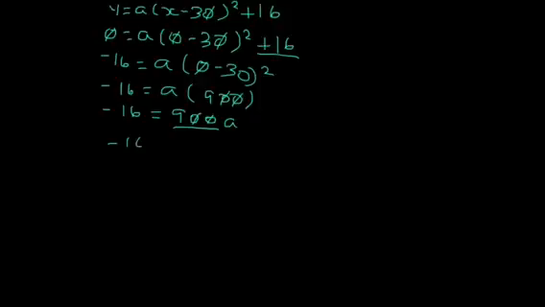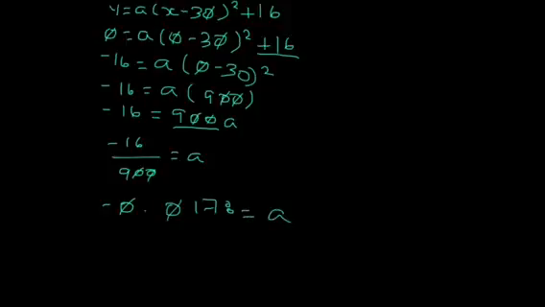So minus 16 over 900 equals a. I'm not somebody that likes to deal with a lot of fractions, so what I did was I just left it as a decimal. When I divided negative 16 by 900, I got minus 0.0178